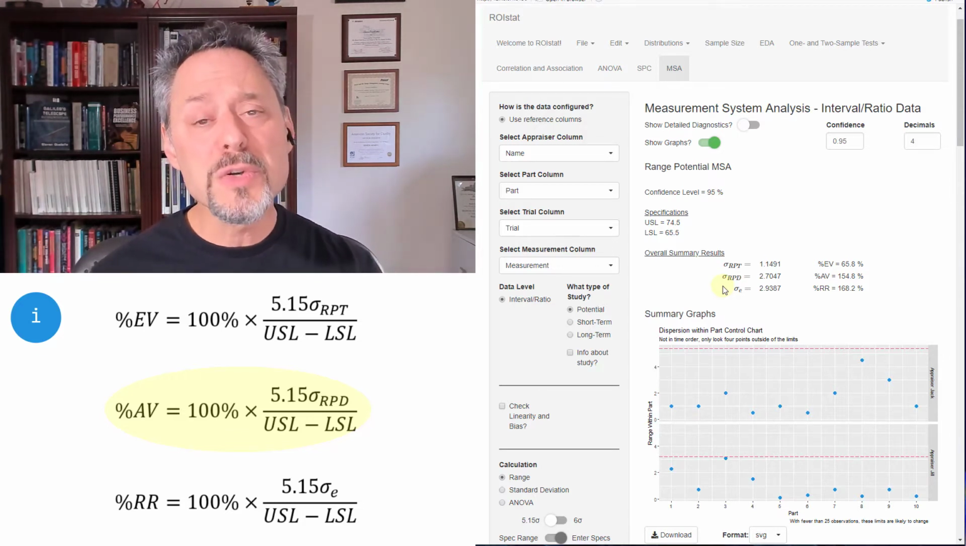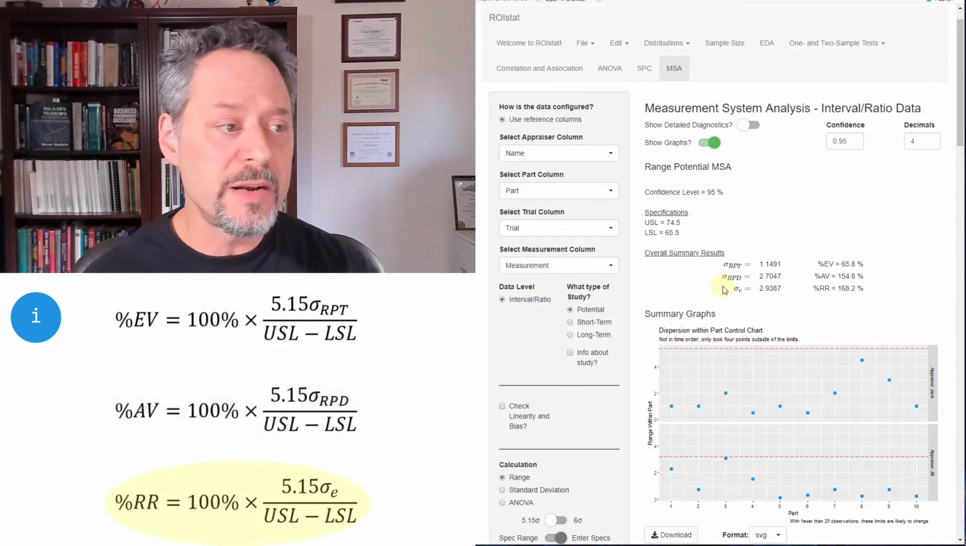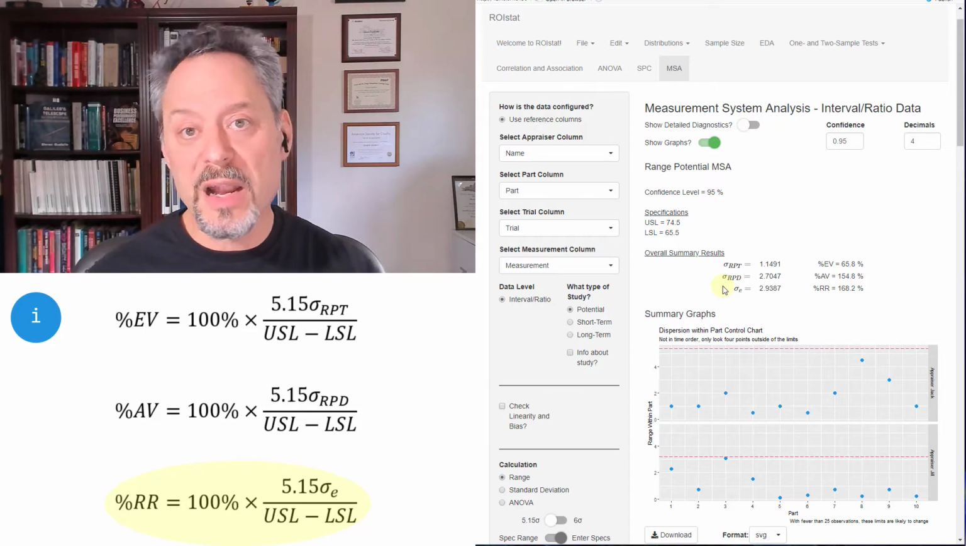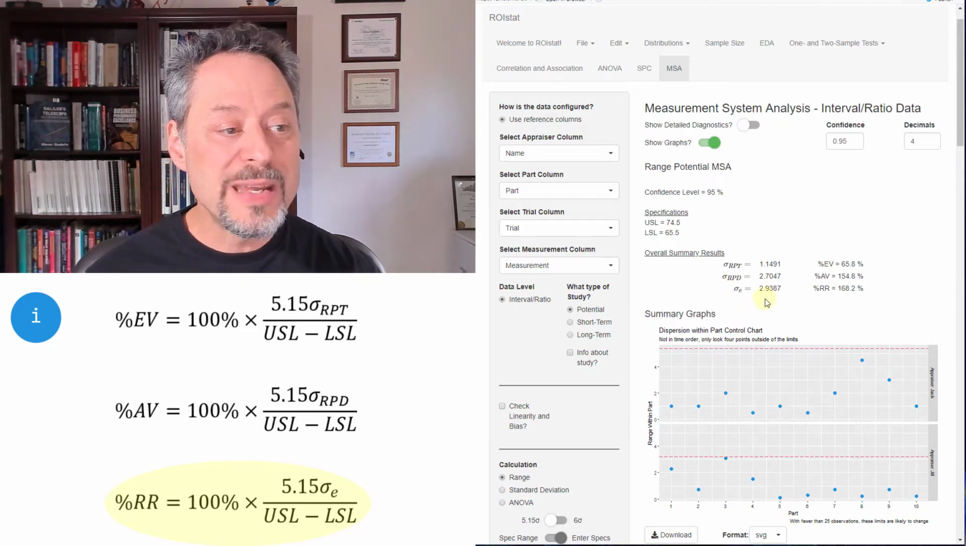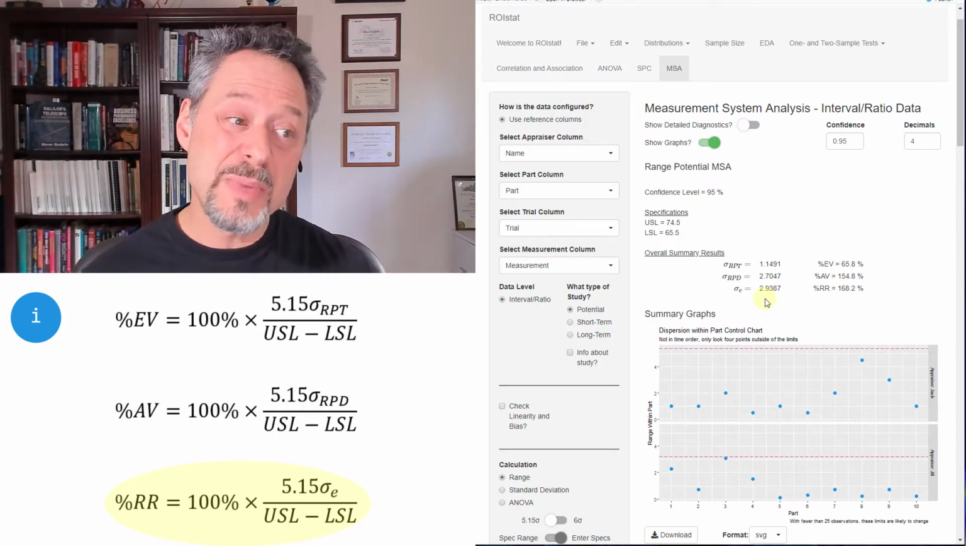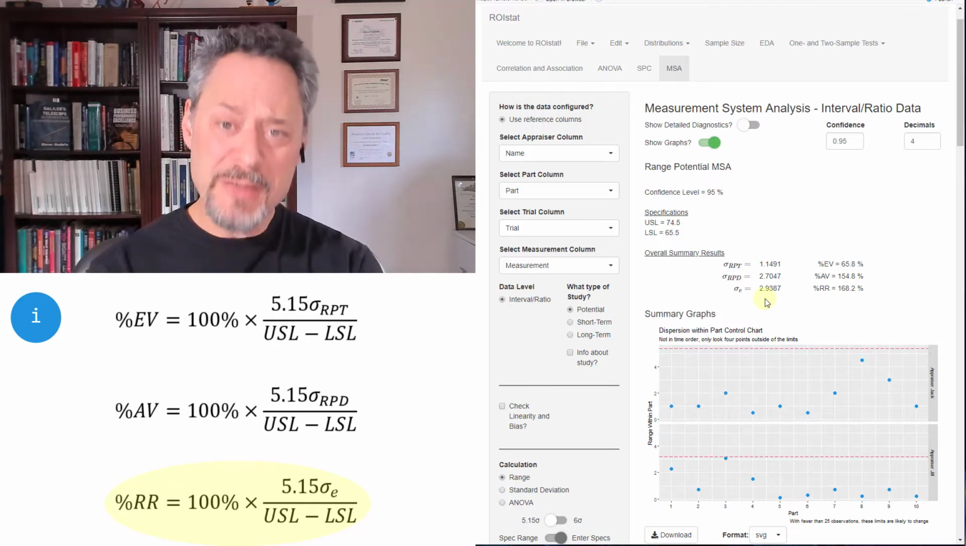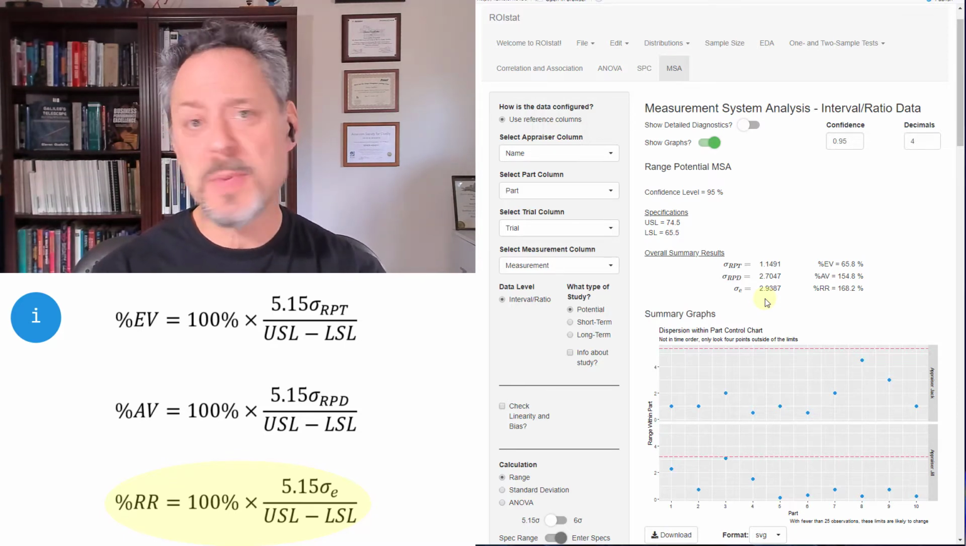It's actually larger than the spec itself. And if I then combine those two estimates of the standard deviation into an overall estimate of the standard deviation, then I'm going to get a 2.9387. That's compared to the spec, 168% of my spec. So that means if I have a part that's smack dab in the center of spec, and it's really there,